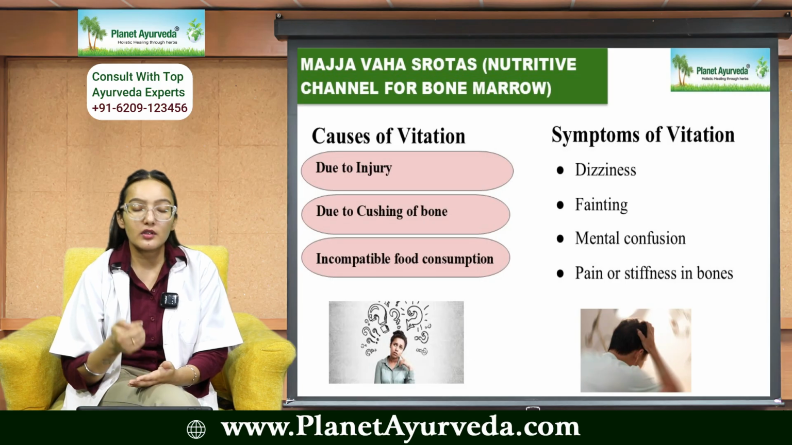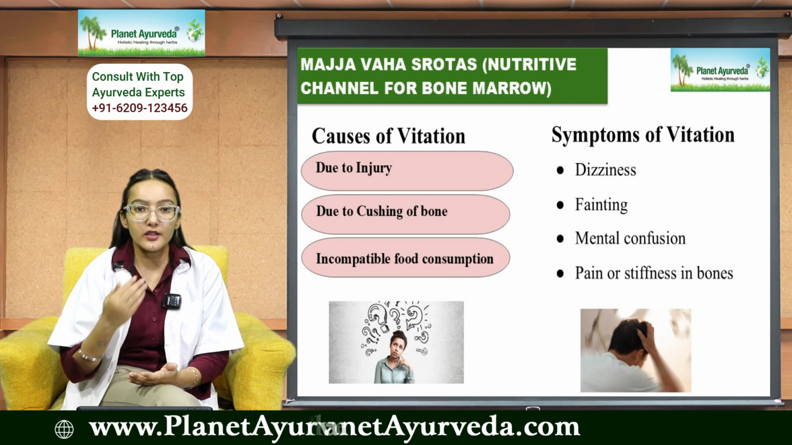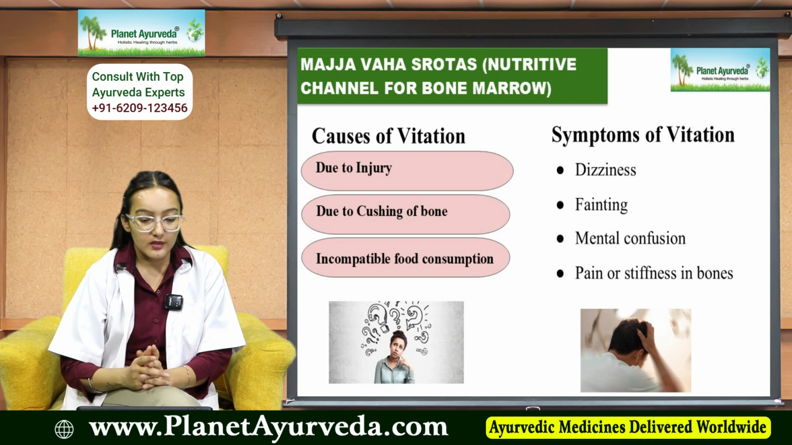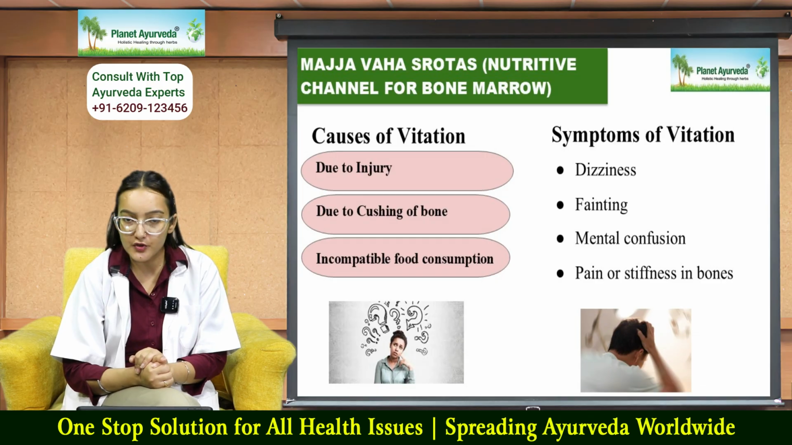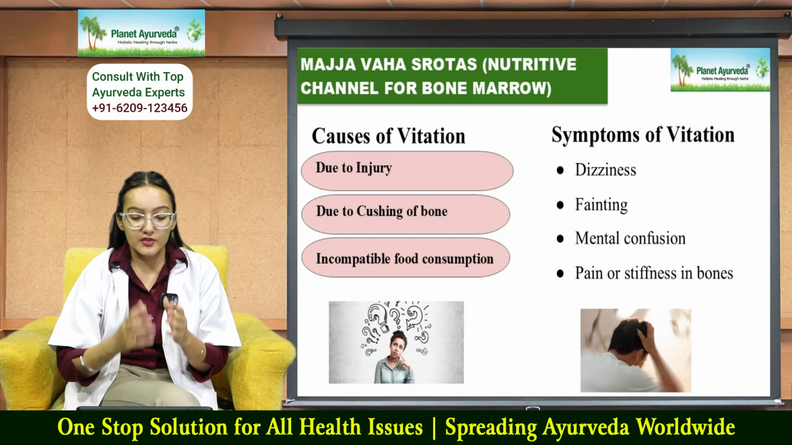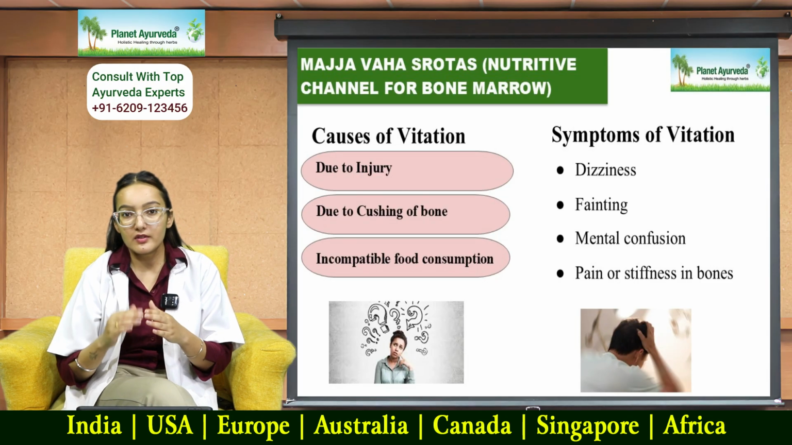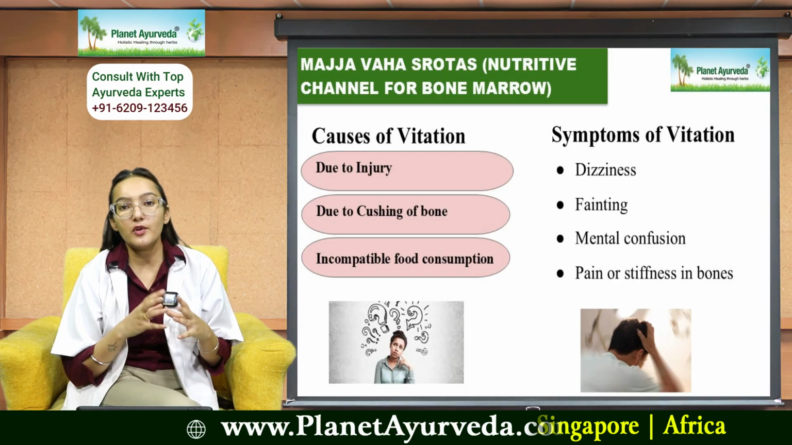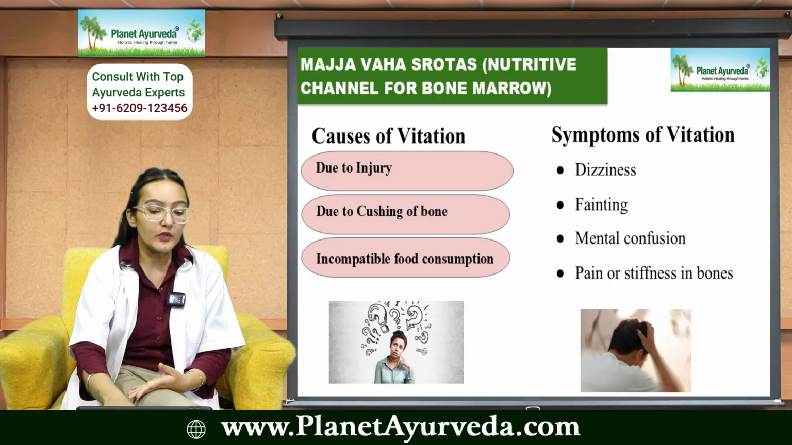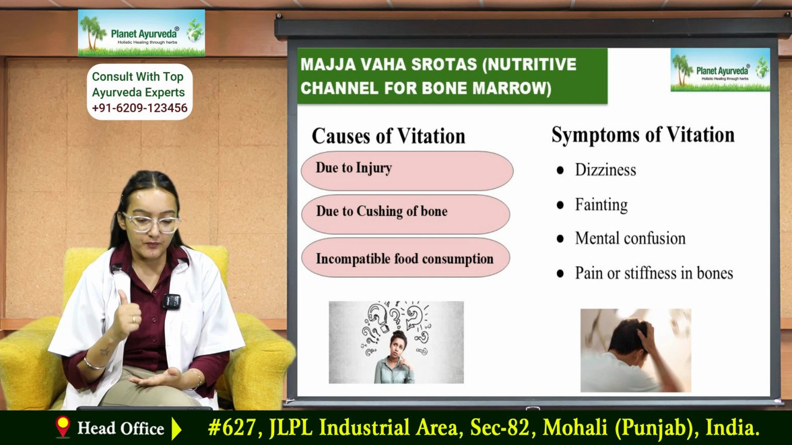So we need to make sure to avoid the things that will increase the Vata dosha, because Vata dosha is directly correlated with the Majja. Also we need to take care of any injury or crushing of bone, because the channels of bone marrow remain inside the long bones. Bone marrow is inside the bone, so we need to take care of the health of the bone too, because only if the bone health is good will the bone marrow health be good. So we need to avoid the things that may vitiate the Vata dosha. On the other hand, the causes of vitiation include injury, crushing of bone and